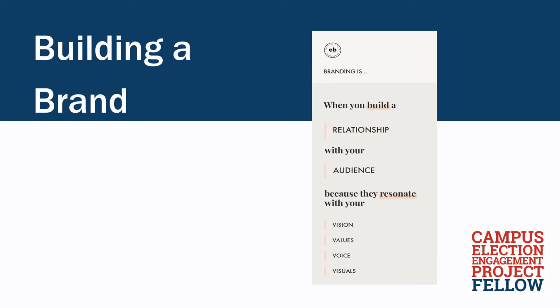Building a brand starts from the beginning. First, does your voter engagement cohort already have social media? Great. You will be responsible for elevating your reach. Let's say you don't have any social media. That's no problem either. Find the two platforms that your student body is most likely to use. This will usually be Instagram and Twitter, but it can also be Snapchat or TikTok.